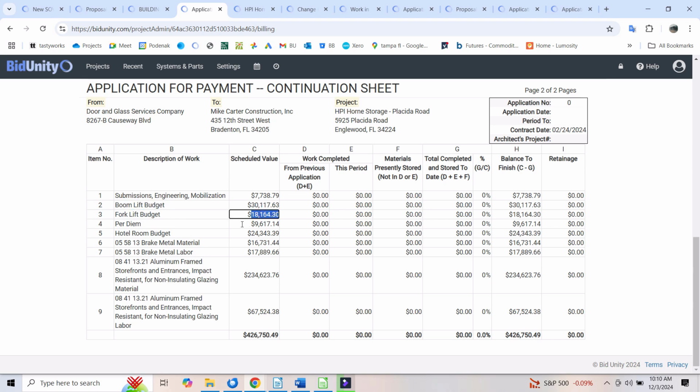I don't know how much we actually spent, but in order for me to bill $30,000, if I have one boom lift on the job and it costs me $3,000 a month, I kind of need to have it there for 10 months for me to spend $30,000. So let's say it cost me 2 and I'm charging them 3, I still need to have it there for 10 months to get to 30,000. So we need to be careful about what the value and what the line item are,